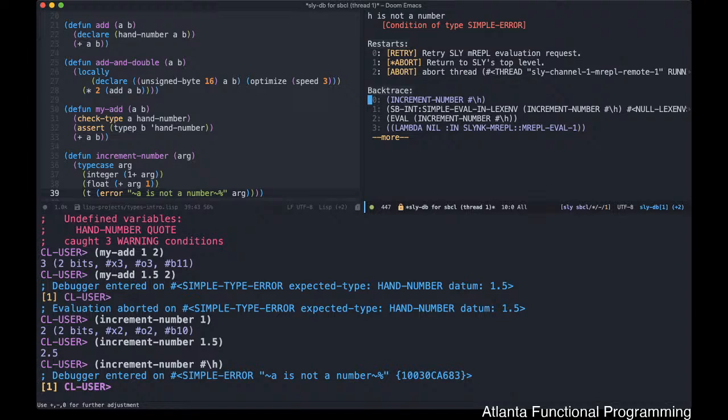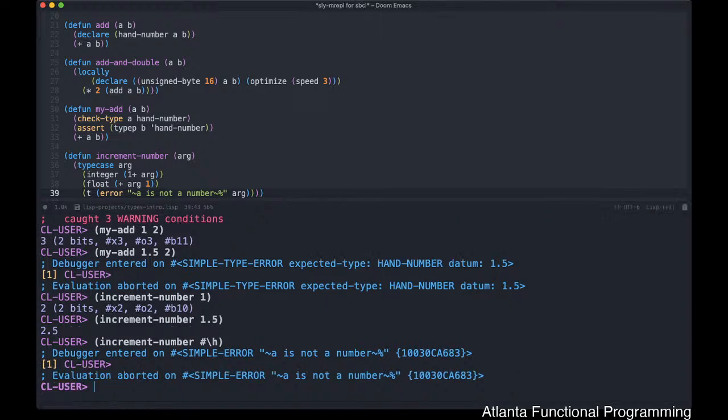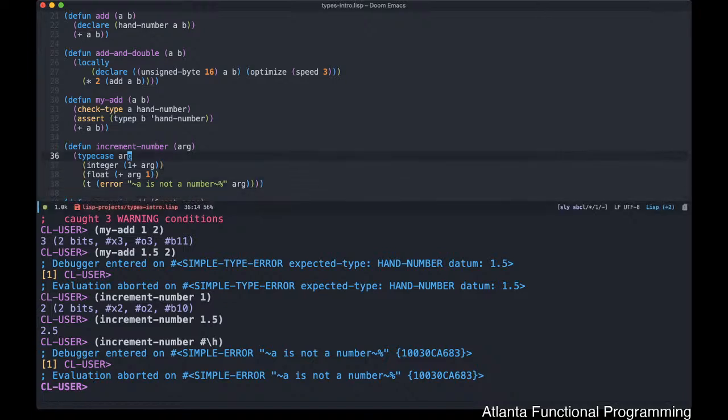Pretty cool, right? But let's say that you have some code and you want to recover from the error based on the type information that's coming in, saying that, oh, I accidentally passed in a type character, but what I really want to do is pass in a different float. Not saying that this will ever happen in this contrived example, but there are cases where you might have something similar. In that case, instead of using type case,